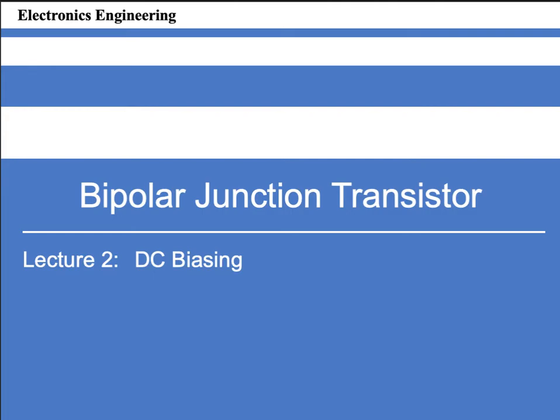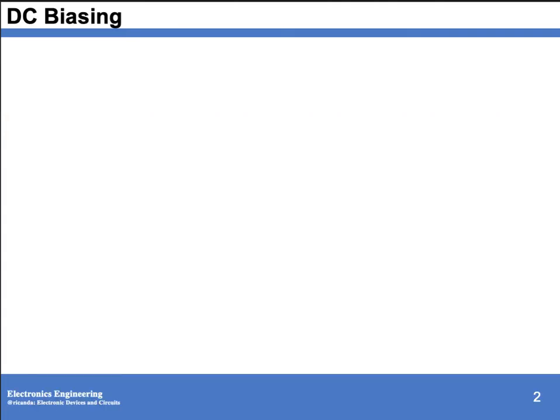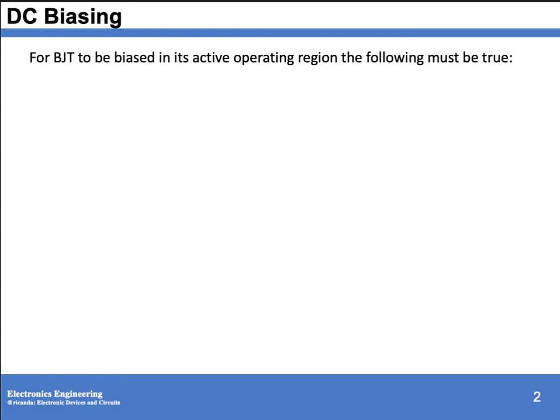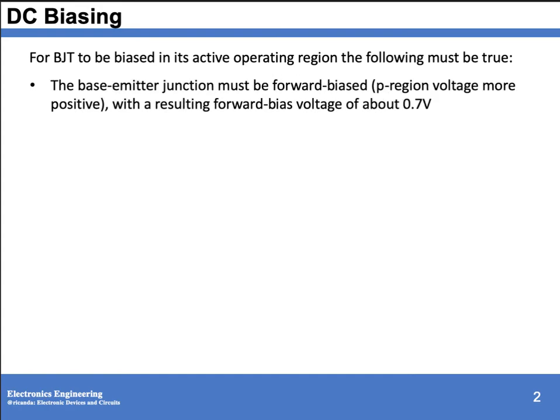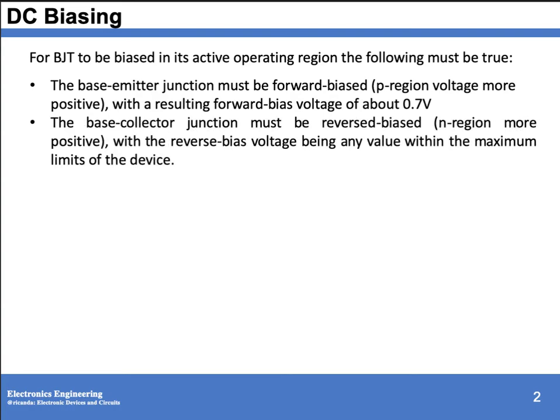Transistor DC biasing. For the transistor to be biased in its operating region, the following must be true: the base emitter junction must be forward biased, and the resulting forward bias voltage must be equivalent to 0.7 volts. The base collector junction must be reverse biased, and this reverse bias voltage has any value within the maximum limits